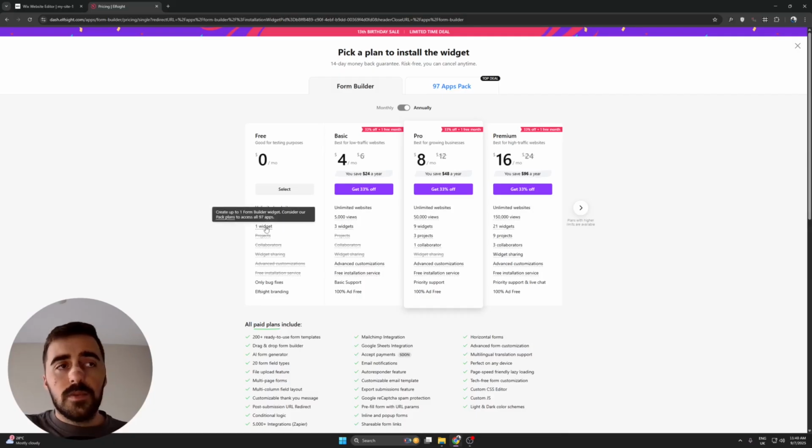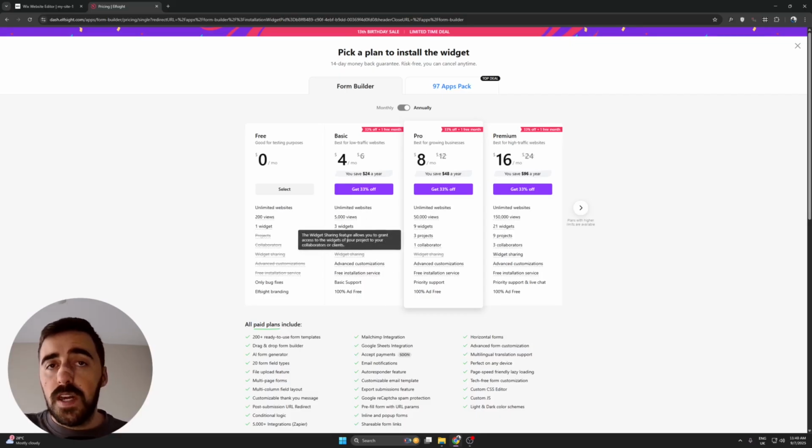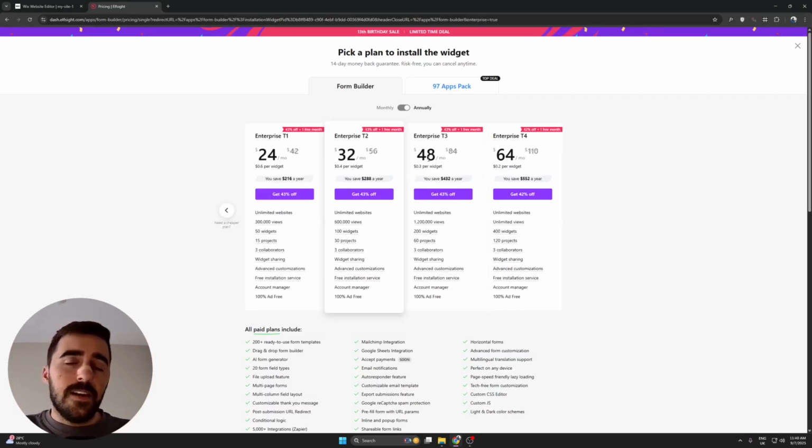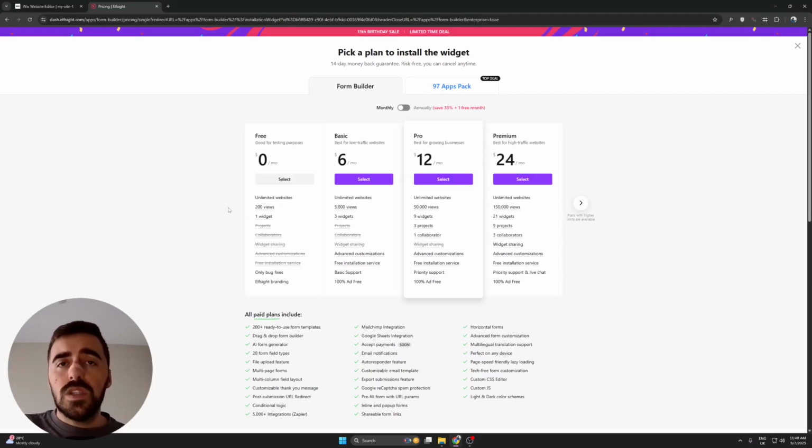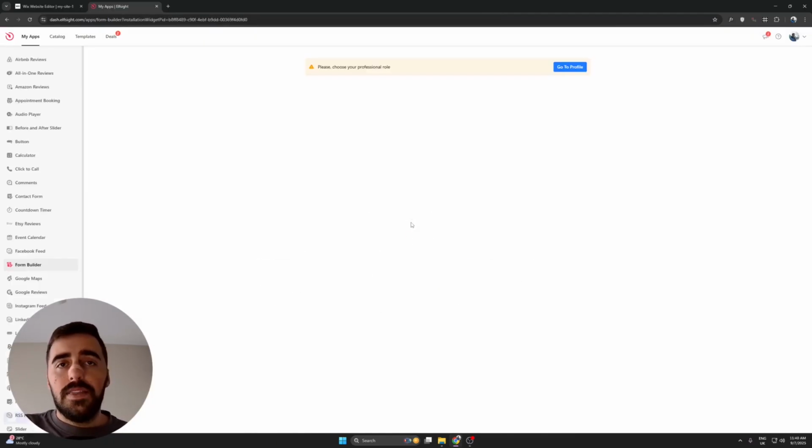As you can see, it supports up to one widget for up to 200 views. So if you're just getting started, this might be the perfect plan for you. Alternatively, if you're looking for more functionalities, such as have more than one widget from Elfsight on your Wix website, or if you want your form to be 100% ad free, then you can obviously go for one of the premium plans right here. So you can see they have quite a few different options to choose from. And if you decide to pay annually, you also get to save quite a bit of money as well, which is pretty nice. But yeah, go ahead, choose the plan that works best for you, and then you'll automatically be